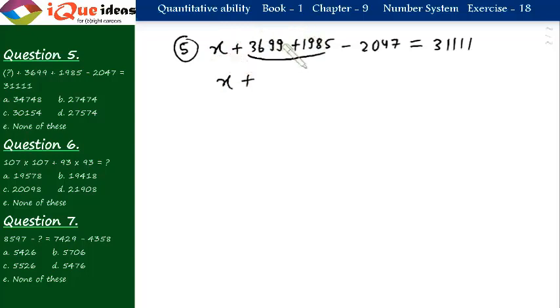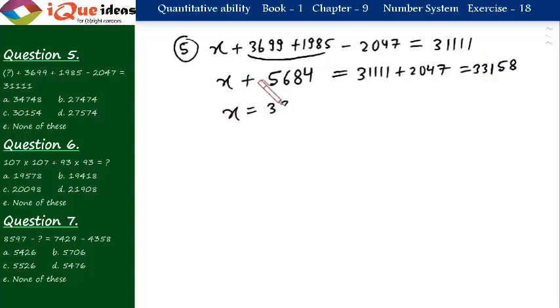So it becomes x plus 9 plus 5 is 14, 1 carry. 9 plus 8 is 17 plus 1, 18, 1 carry. 6 plus 9 is 15 plus 1, 16, 1 carry. 3 plus 1 is 4 and 1, 5, so 5684. And this 2047 goes to the other side and gets added. So 31111 plus 2047. We will have 58 in the end, and 20 plus 311, that is 331. So 33158. So x will be equal to